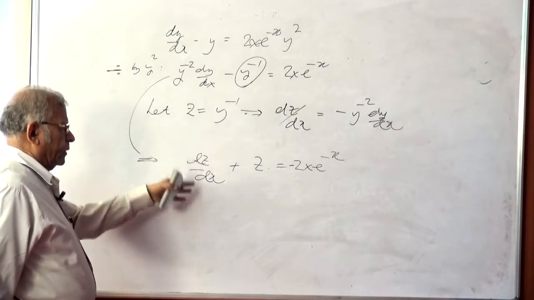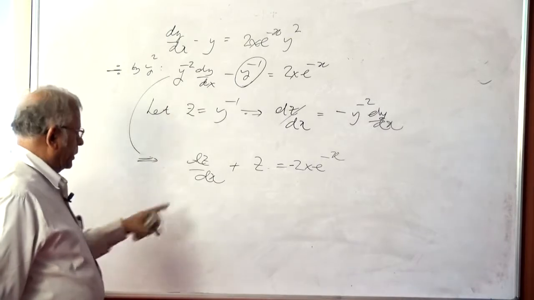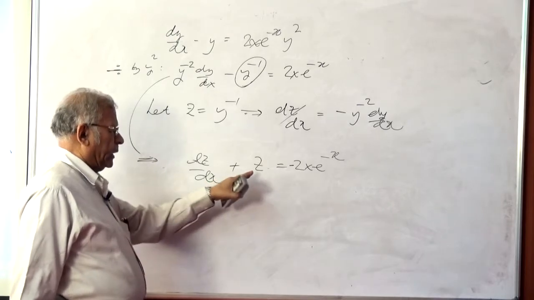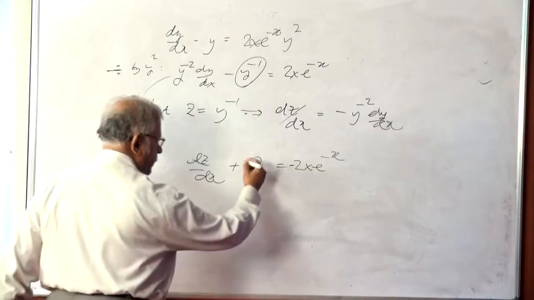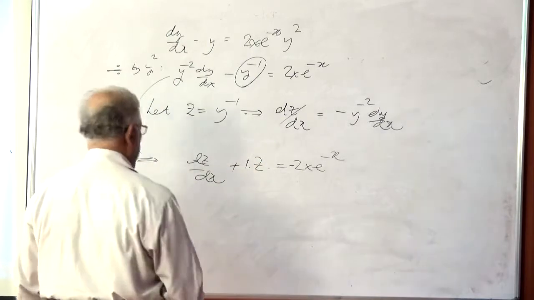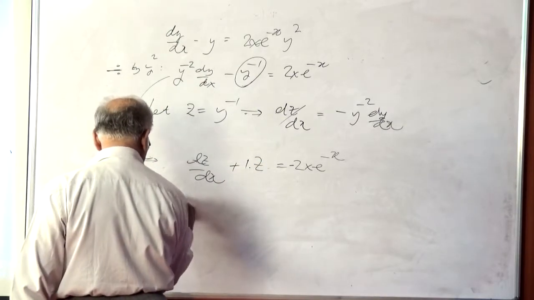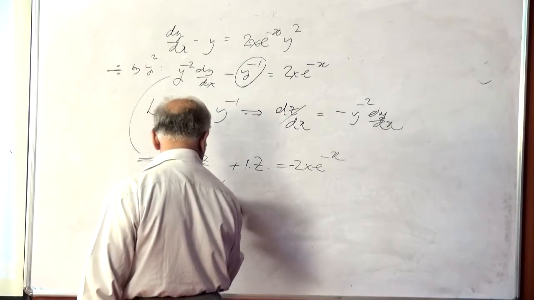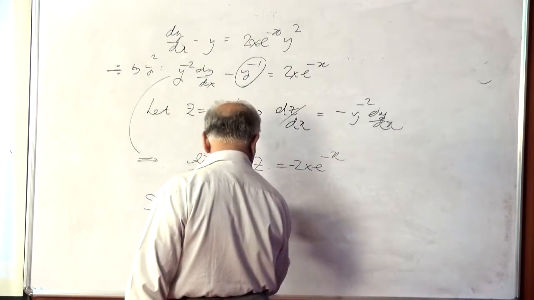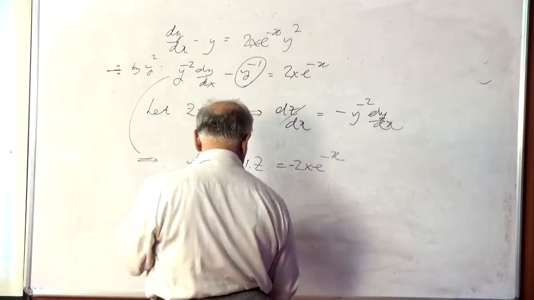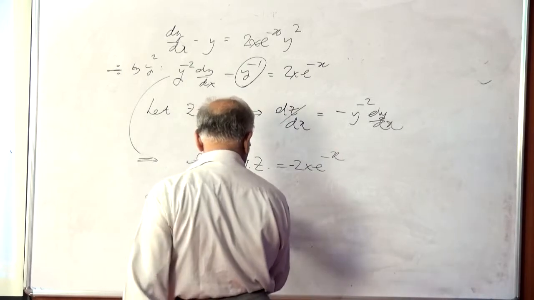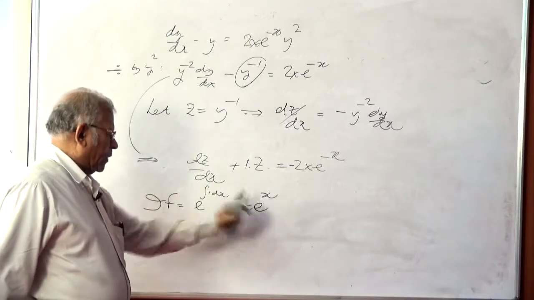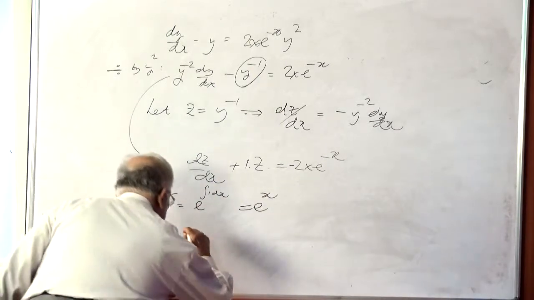Now here we have a simple equation in z and x. Z is the dependent variable, x is the independent variable, and the integrating factor is e to the power of integral 1 dx. So IF is nothing but e to the power of integral 1 dx, and that is nothing but e to the power of x. When we multiply the entire equation by e to the power of x, we will get e to the power of x